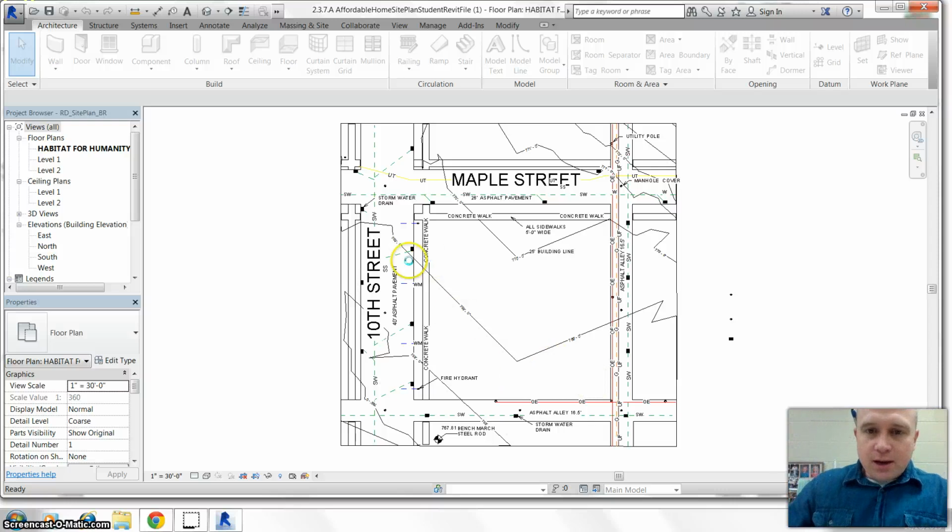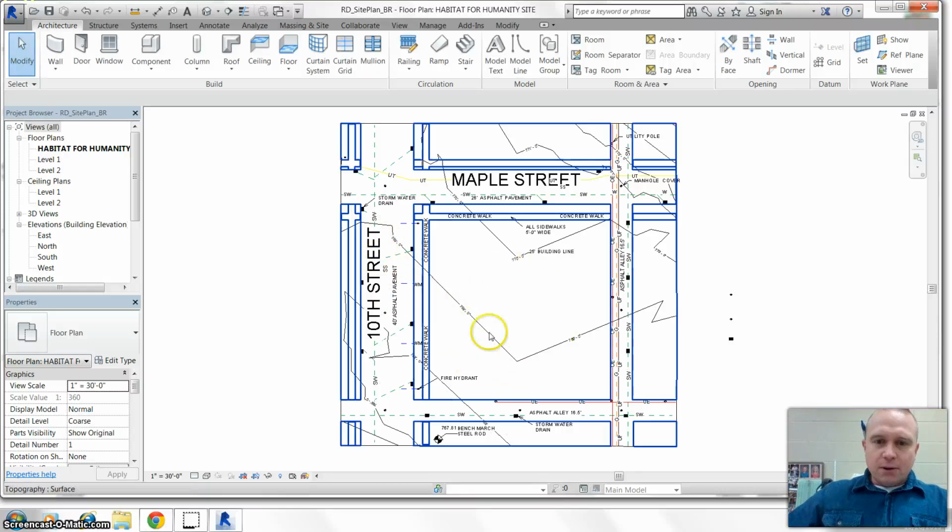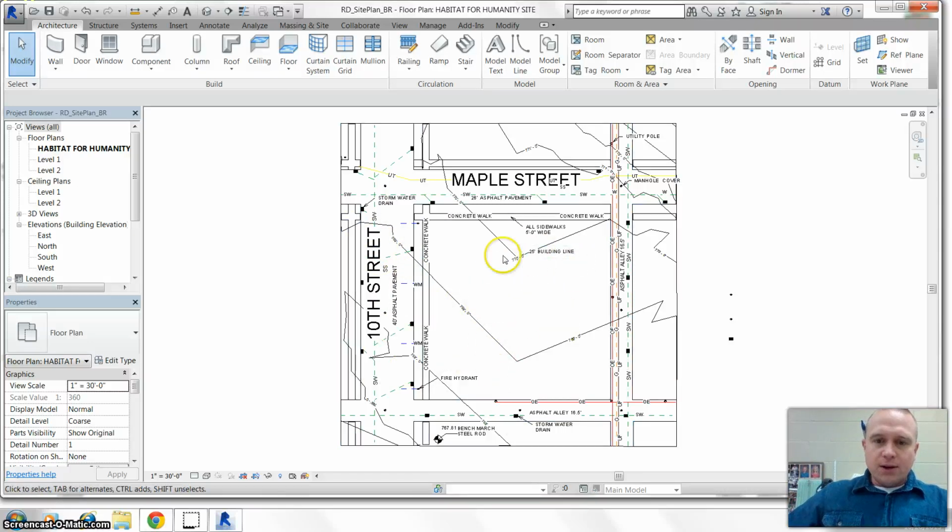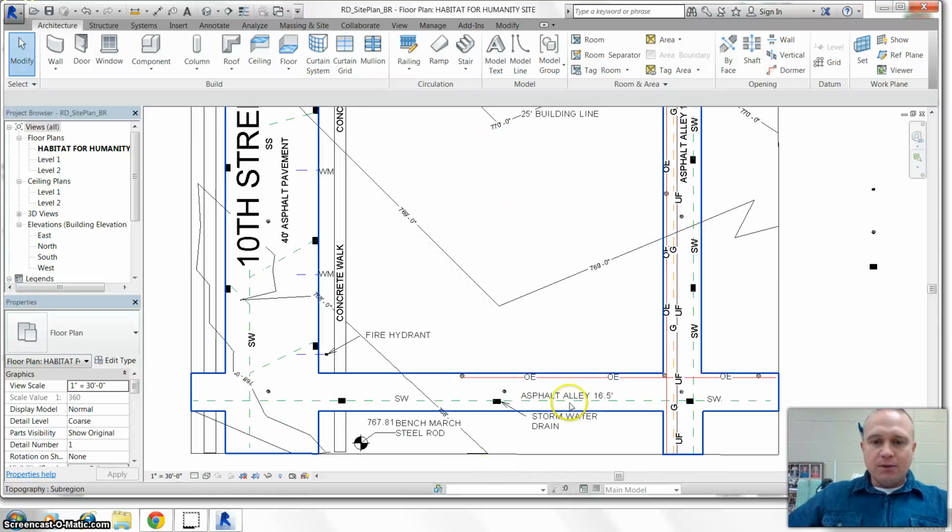Let's go ahead and look at kind of what we have here. This is a site for the house. We have a lot right here. This is the lot we're going to put the house on. We have 10th Street, a main street that runs along this side of the property. We also have Maple Street. And you can see back here we have an alleyway in the back